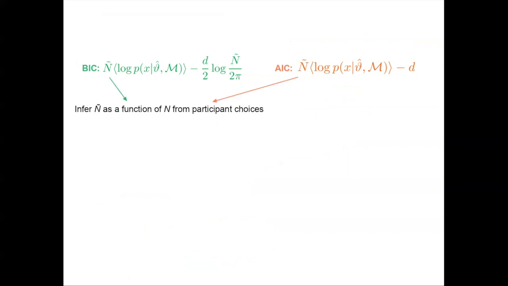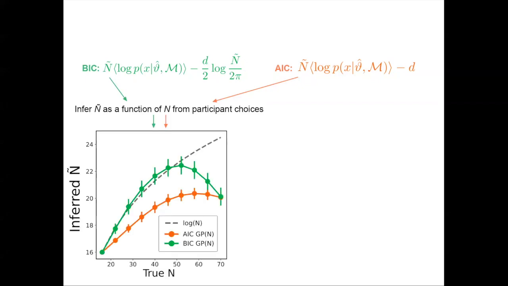Right. So in these particular models that I'm showing here, this n tilde is actually a flexible function that we infer from subject behavior. We're saying, this is how subjects adjudicate between models, where n tilde is some function of n that we also try to infer from behavior. And this is how the function looks on average. This is the aggregate estimate across all participants. So for both models,